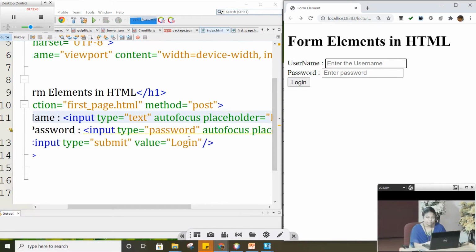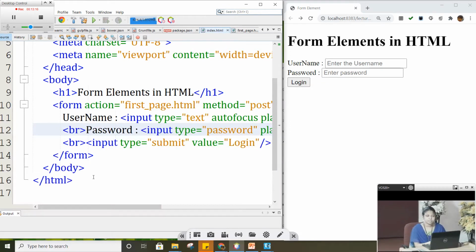But generally we should not have more than one, in a form, under the form tag. For any one of the elements only we have to give autofocus, not more than one. So if I take this autofocus which I have given for the text, now if I refresh my page, automatically you can see the cursor is now waiting on the password field. Okay, so let it be. So we are going to take away the autofocus from here.